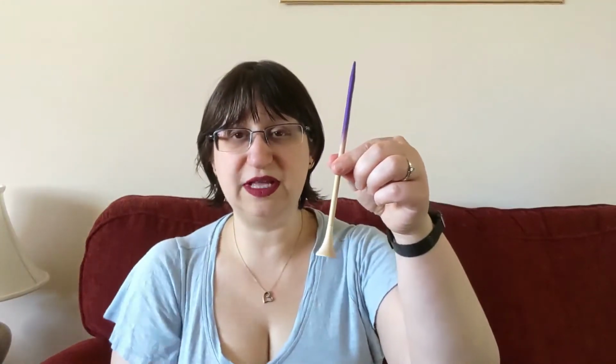So unlike crochet, where at most you've only got a handful of loops on your hook at any given time, with knitting, you've got all of your loops on your needles at all times, and you have to go all the way around. So first of all, when you're choosing your knitting needles, you need to know what style of knitting you're doing, because you could be doing straight needles, which typically have an end kind of like this, in which case your stitches on your needle are going down your needle, and then as you knit back, they're coming